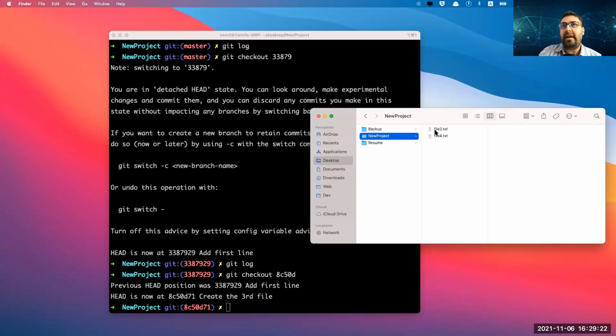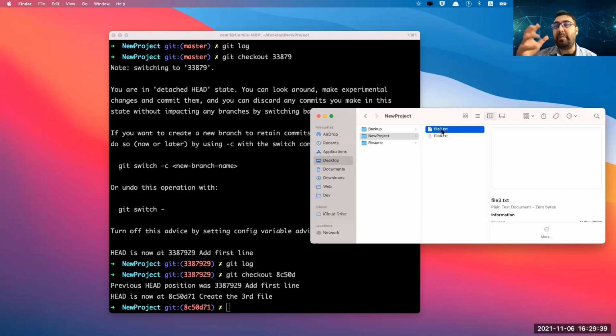So anyway, if you come back here, if you remember the first commit, we added file 3, not 1 and not 2. So that's why we see file 3. Why do we see file 4? It's not being tracked.